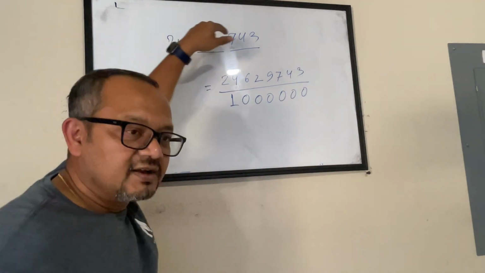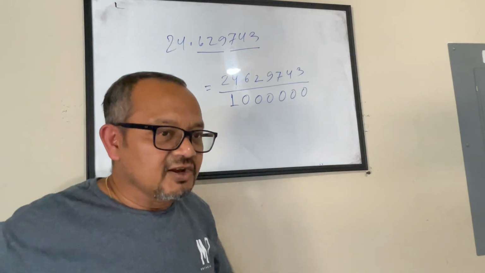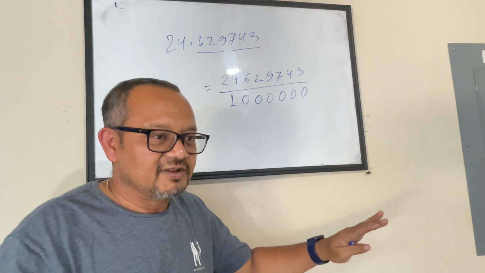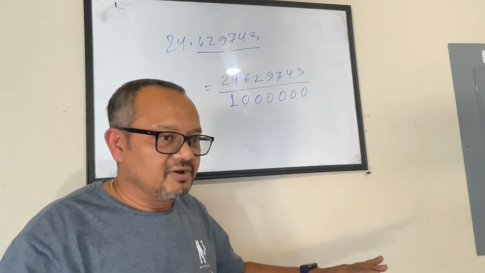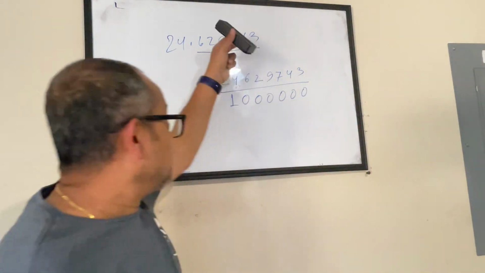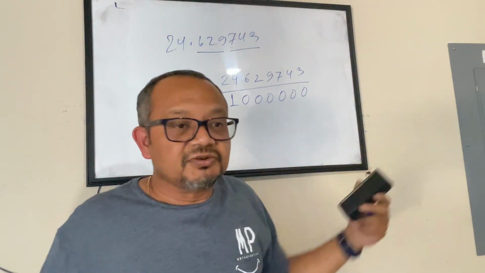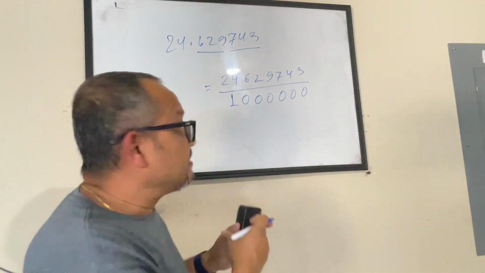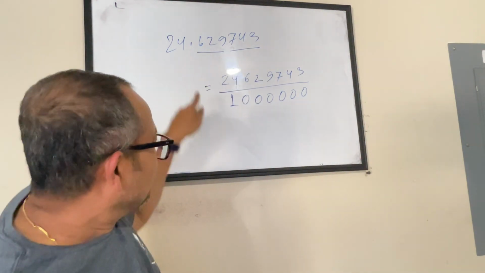That's it. Done. No intelligence. Simple concept. Oh yeah, it's very simple. Now, whether you have 20 digits or 80 digits after decimal, you don't care. You will just write the number without caring about the decimal, and then in the next step you will say,